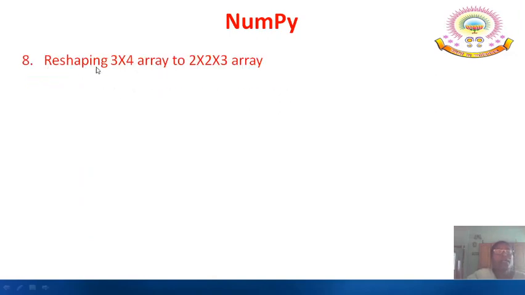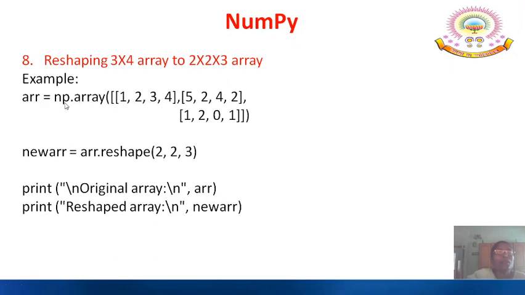Now reshaping a 3 by 4 array into a 2 by 2 by 3 array. For this, first we are taking the values of the 3 by 4 array, which is 1 2 3 4 5 2 4 2 1 2 0 1. Now we are using a function called reshape. The reshape function is used with this variable. So array.reshape is how we want to convert it, into a 2 by 2 by 3 array.